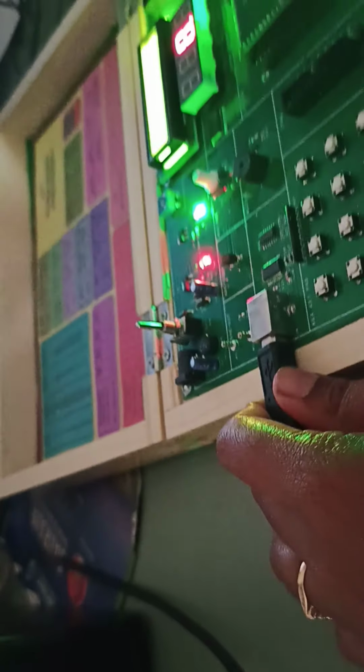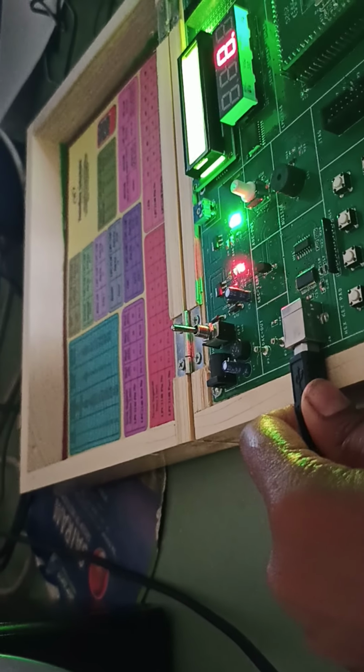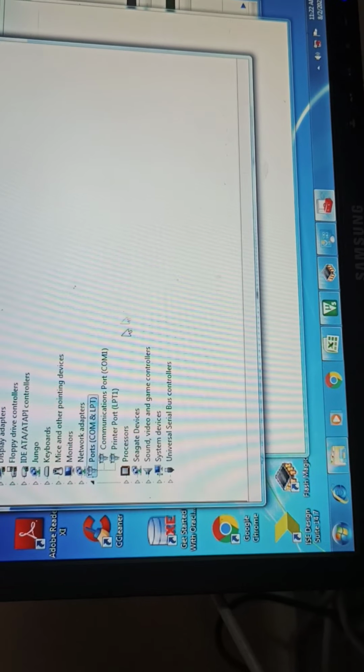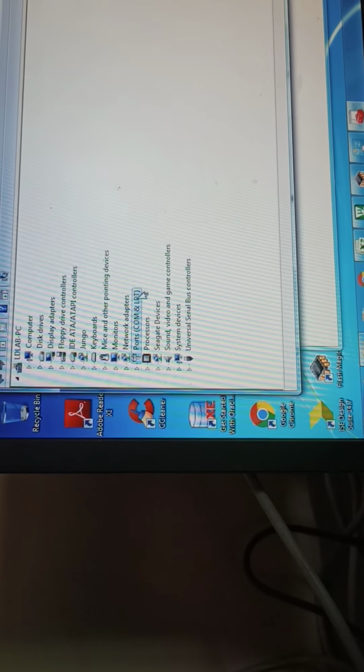Once you enable it, it shows here, and if you disable it, it is not shown. See, I am going to disable it. Now the kit is switched off, so again I look here and nothing is shown. The COM port is not showing. Once I plug the USB UART cable into the LPC2148 kit, it is going to show COM3 here.